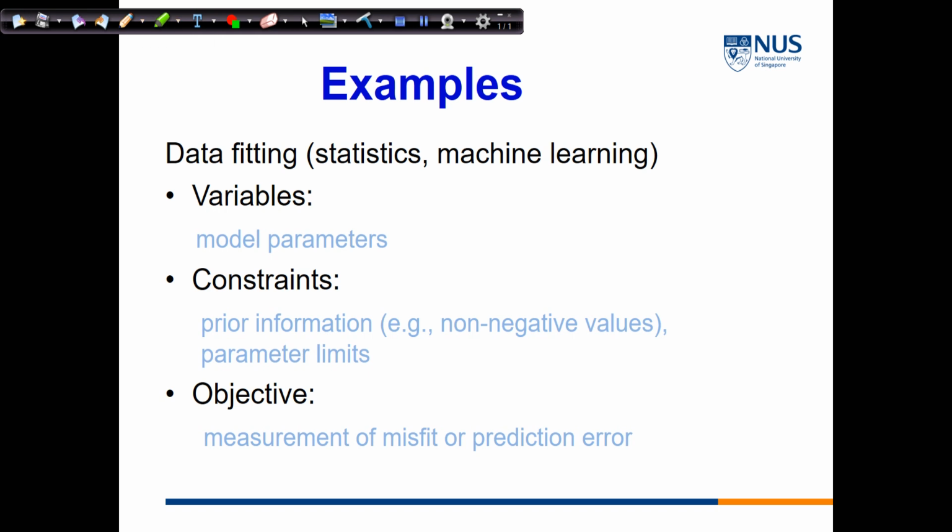So the optimization variables are the model parameters in your data fitting problem. And then the objective is that we want to minimize the misfit or mismatch between the model and the real data. Or we can call it prediction error,